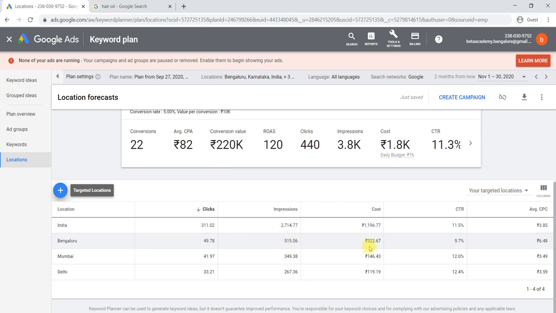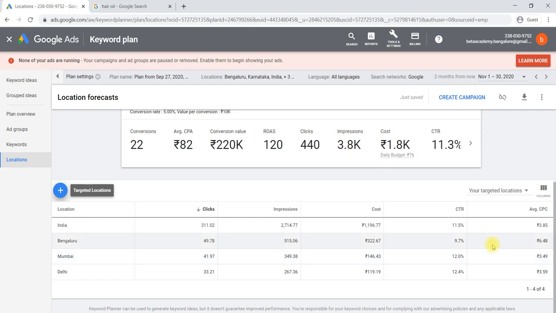How much will it cost in each city, in which city does it cost more, which city costs less for me, and what is the click-through rate? Where can I expect a higher click-through rate for the selected keywords: Bangalore, Mumbai or Delhi? And for average cost, in Bangalore it will be more compared to Mumbai and Delhi.